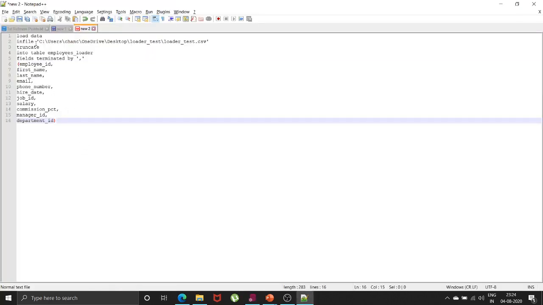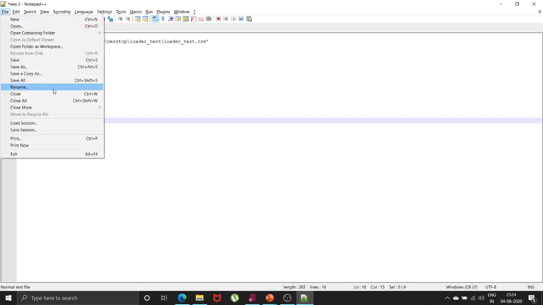Now I told you that you have to save your control file in .ctl format. We will do the same. First of all, let us check our control file, because if this file has errors, then your utility won't work. Okay, load data in file, then we have given the path. Then truncate, into table employees loader, fields terminated by comma, and column names.